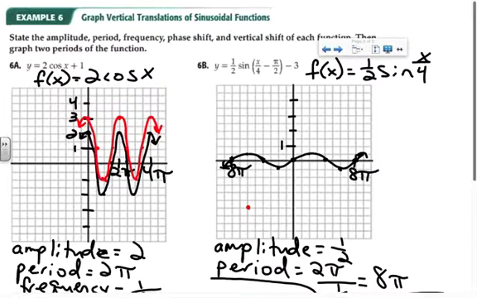So starting from the left, I'm taking this point all the way at the left at negative 8 pi comma 0, moving it to the right 2 pi and down 3. Taking everything and doing the same thing to it. So moving it 2 pi and down 3. 1, 2, 3. And when we connect our dots, there's our